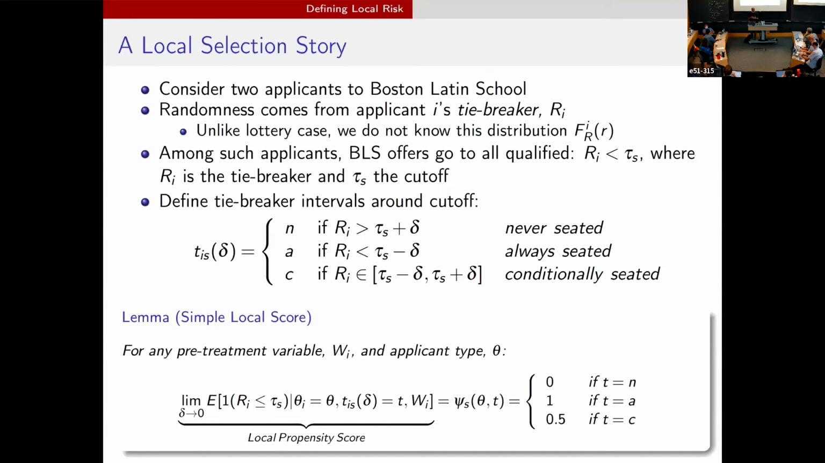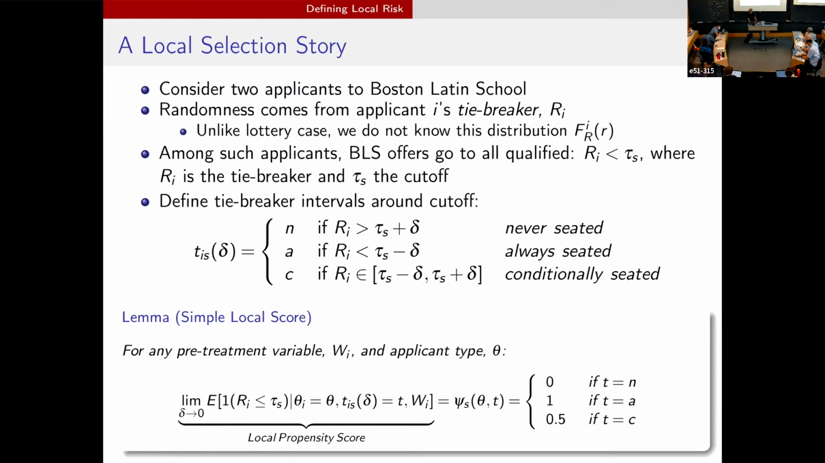So you can basically take the same kind of setup that we had a second ago. If we assume some smoothness in the distribution of these unknown running variable distributions, then we have an analog of the propensity score, which we call the local propensity score, and the following simple lemma. For any pre-treatment variable W_i, think about this as demographics, and applicant type theta, if I think about the limit as I shrink the bandwidth, as delta goes to 0, of the expectation that R_i is less than tau_s, which is getting an offer, conditional on your type, your tiebreaker classification and W_i,